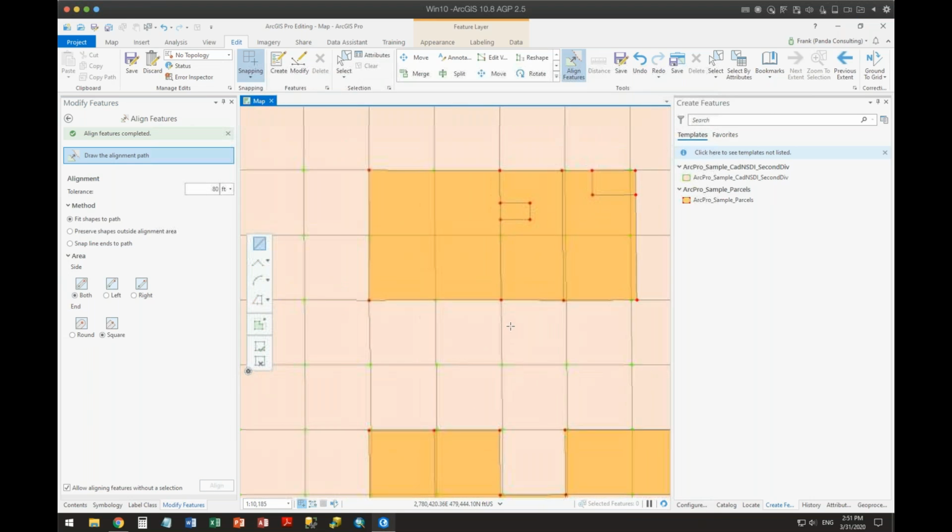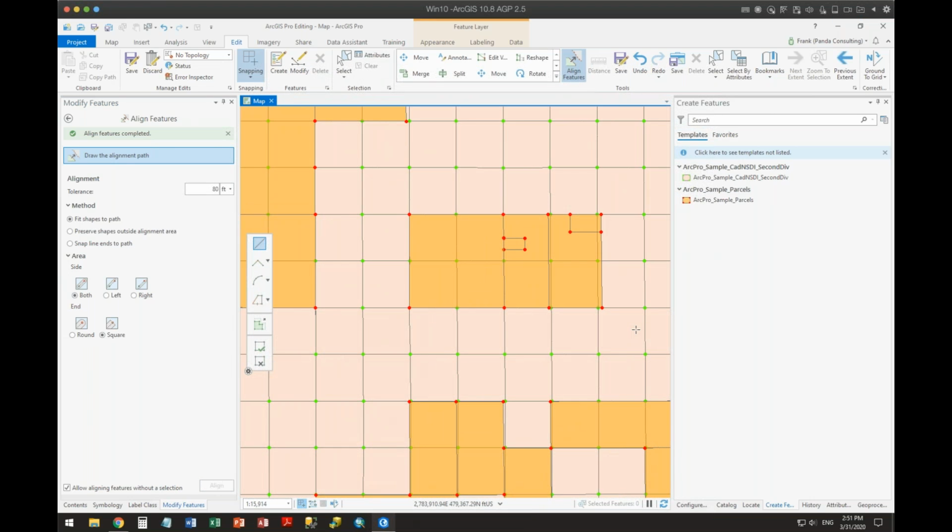It's the tools. And by the way, that tool is actually in ArcMap, but in order to use it in ArcMap, you have to make a selection set that it works against.